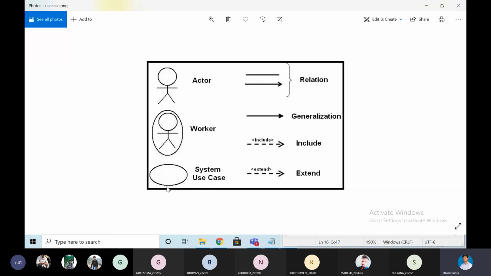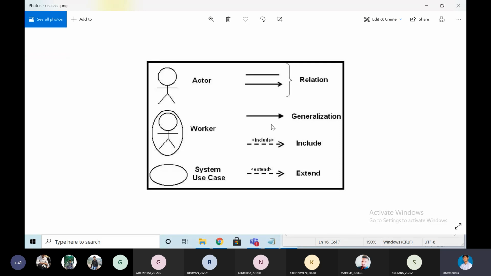These are the main symbols we have to remember. See here, they are keeping a worker. If you want to represent a worker, in the ellipse they keep the actor symbol, and this will be treated as a worker. We won't use these two mostly, sometimes we will use this one. So these are the symbols of use case.